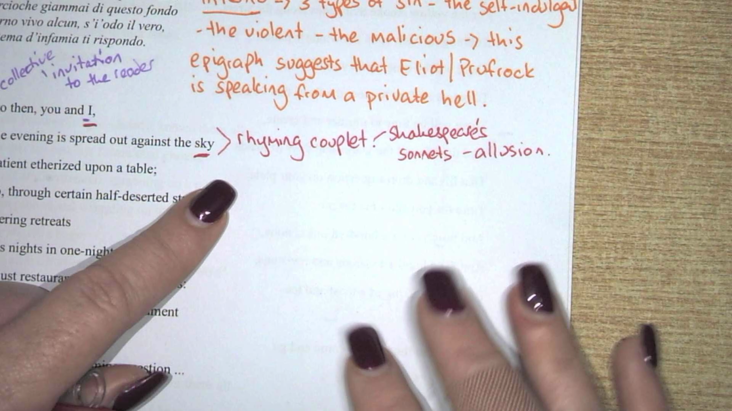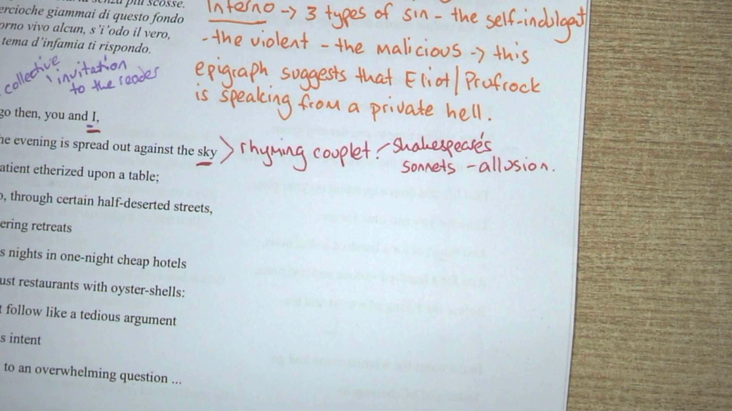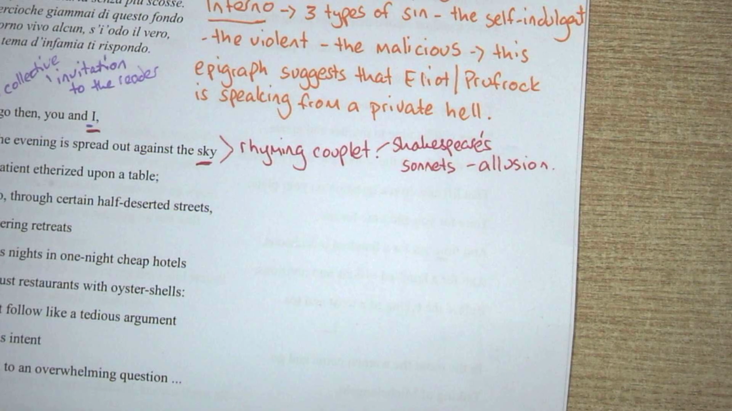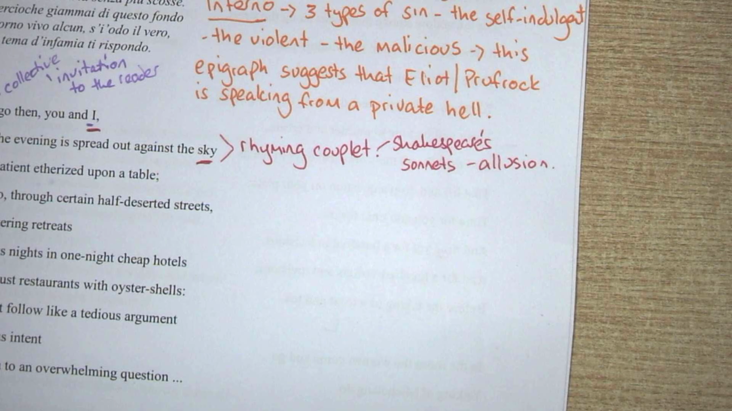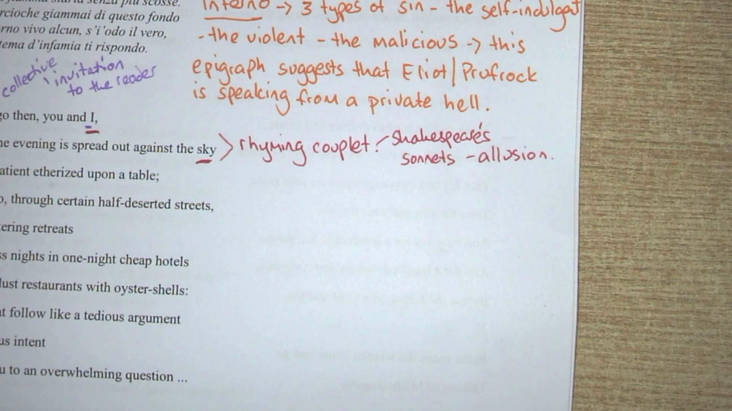Alright, so this last one, you're just writing rhyming couplet, Shakespeare's sonnets, allusion. So it's alluding to Shakespeare's sonnets, it's alluding to romanticism, it's setting up our expectations. This is 14 lines. 14 lines like this. And there's 4 portraits